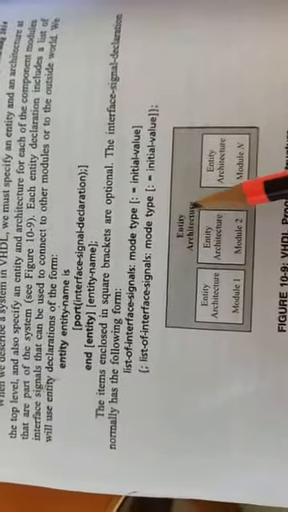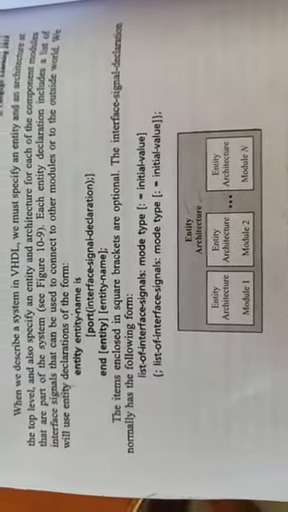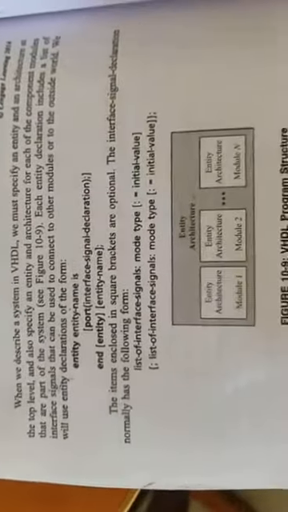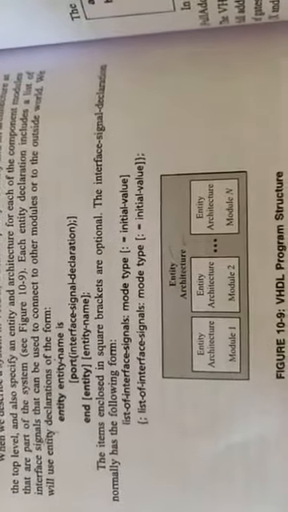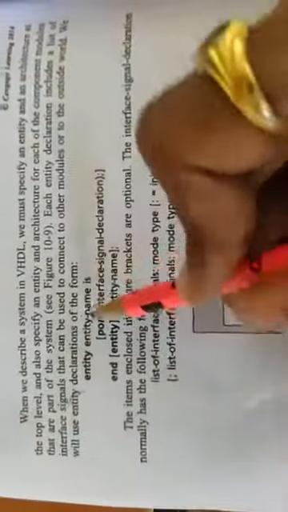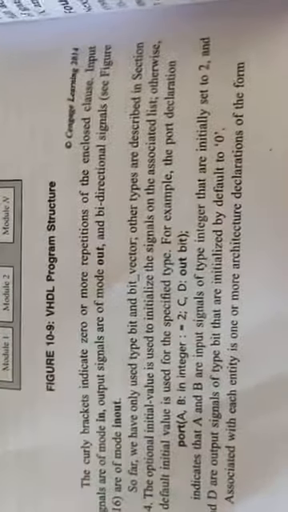So first this is an architecture. First the entity should be written, then the architecture: entity, architecture model 1, entity, architecture model 2. There can be n number of models within one program. As you write n number of functions within one C program, you can write n number of architectures within one VHDL module. There is no issue. This is the syntax. We have written this program, the same syntax is given here. Then this is the architecture syntax. So first, declaration.